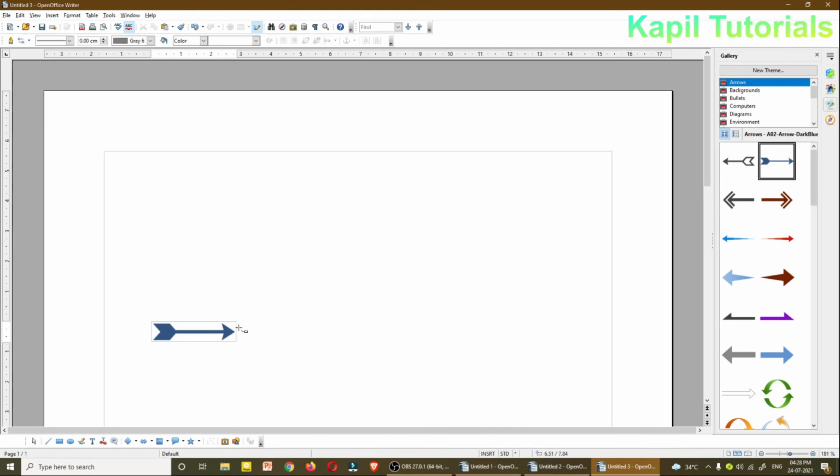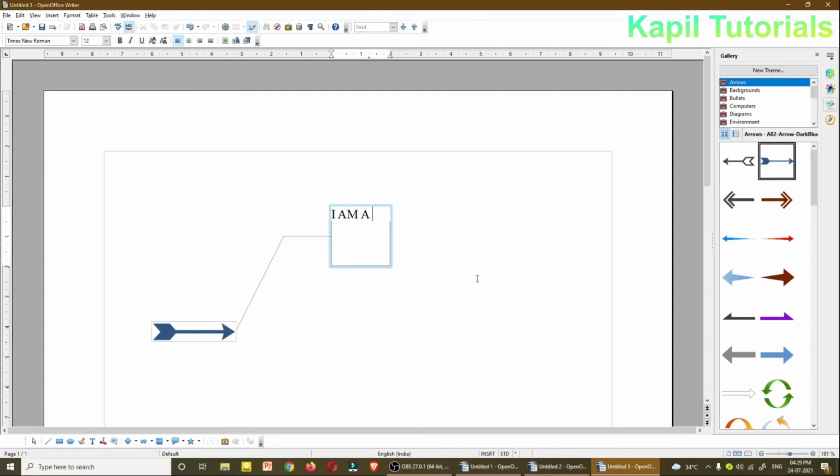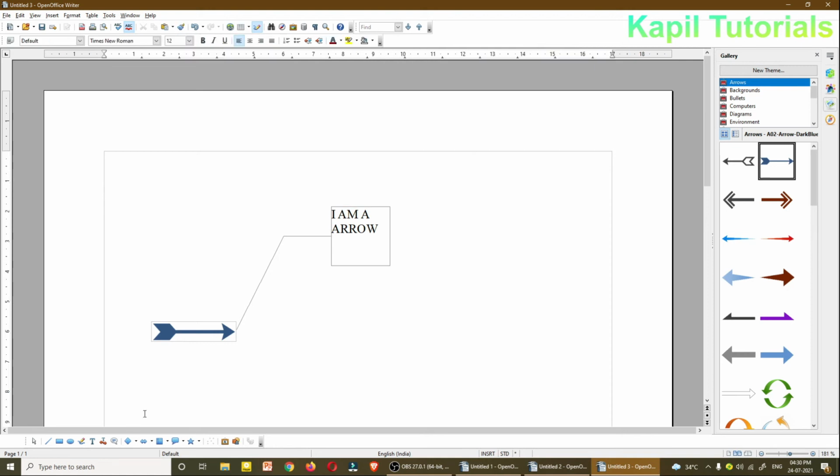Call out. Suppose I am taking one. So like this, if I want to write something, I can write here, I am an arrow. So like this, you can use the callouts.